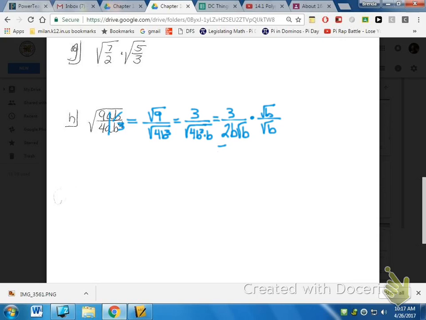And then what will happen is the top is 3 radical b. The bottom is 2b radical b squared. And then last but not least, the top is 3 radical b, and the bottom, well, that b squared will come out as what? A b. So it's 2 times b times b. So what should I write down there? 2b squared. And nothing cancels because the top one has the b under the radical and the bottom